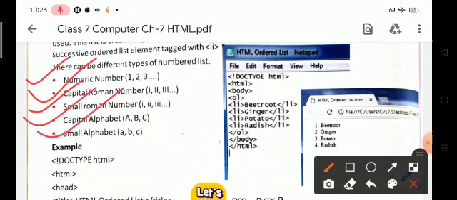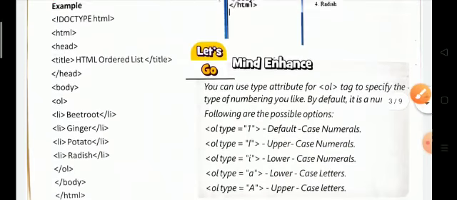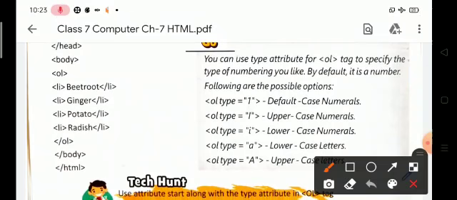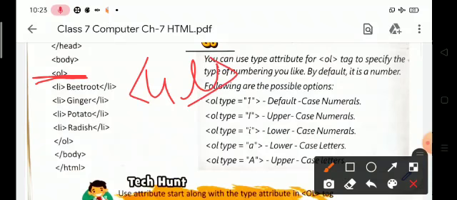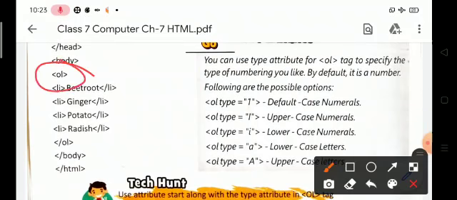Similarly, in an ordered list we can use these attributes: numeric numbers, capital Roman numerals, small Roman numerals, capital alphabets, small alphabets. It is similar to the unordered list, only we change the tag: the UL tag is replaced by the OL tag. So here we use the OL tag for an ordered list.